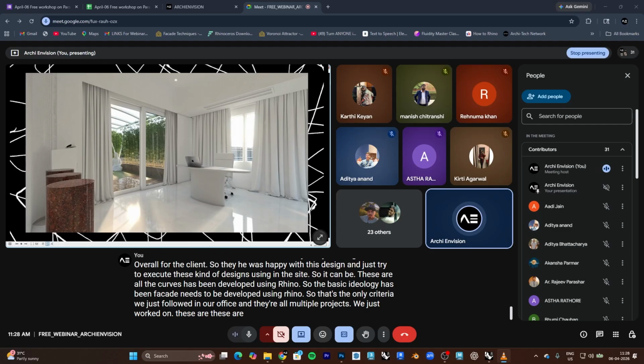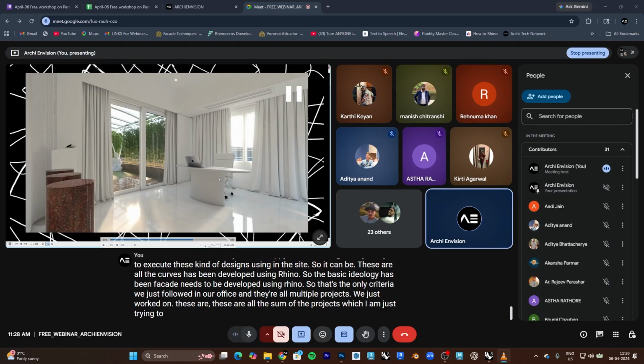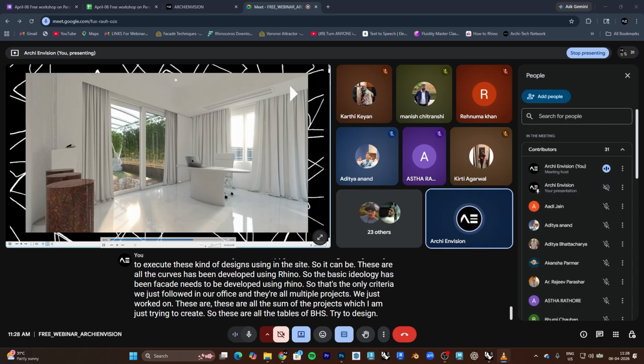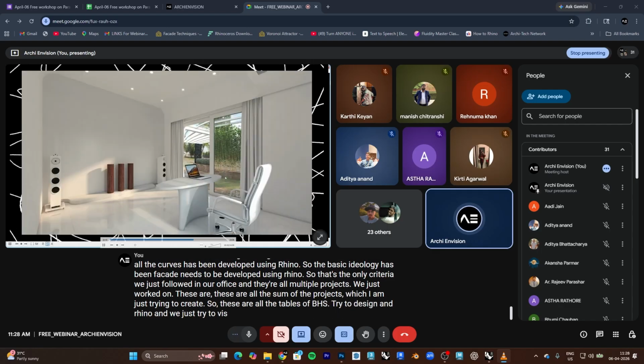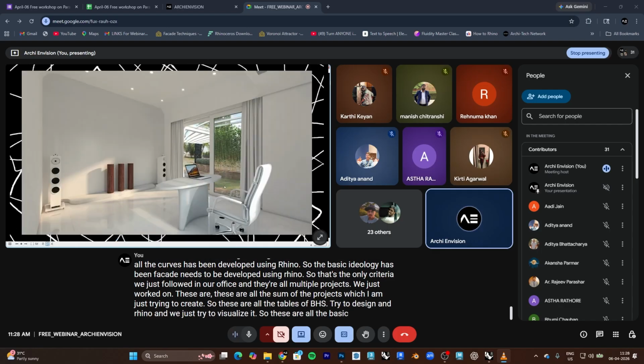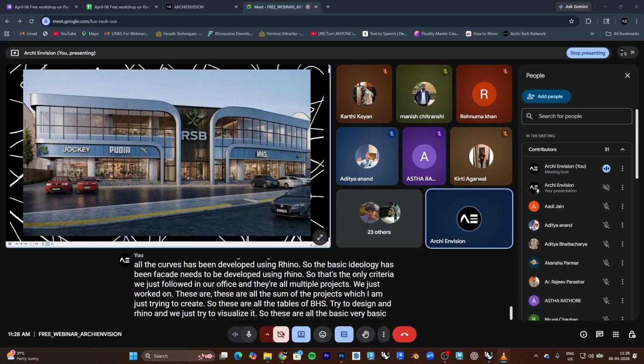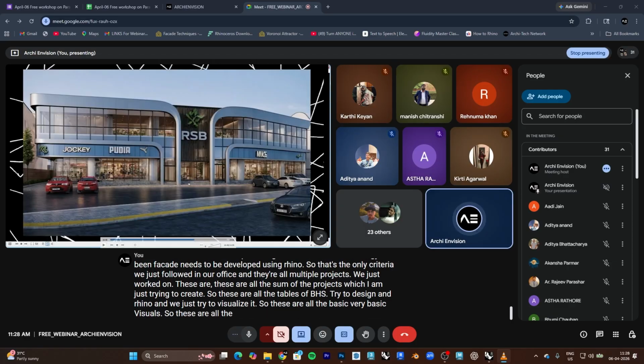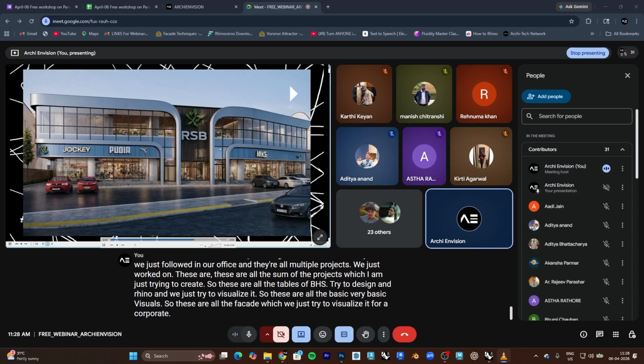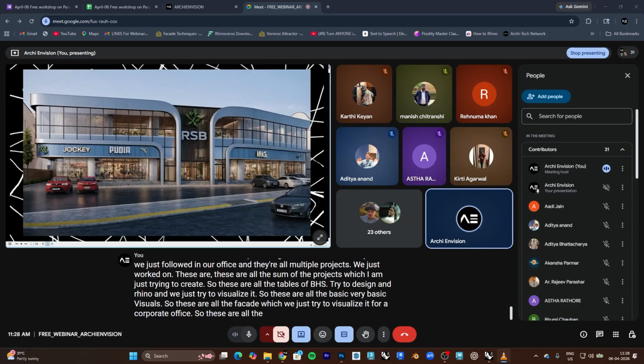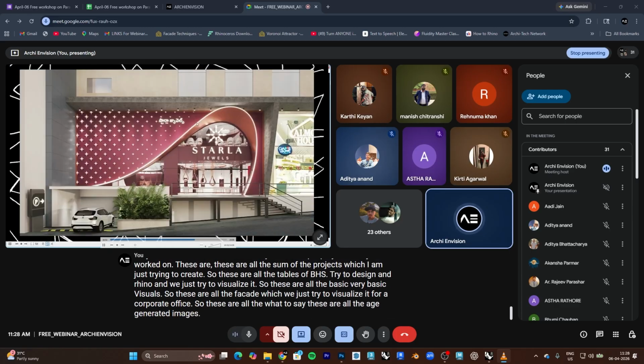These are some of the projects which I am trying to create. These are the tables we designed in Rhino and visualized. These are very basic visuals. These are the facades which we visualized for a corporate office. These are all AI generated images, and this is one of the facades we developed for